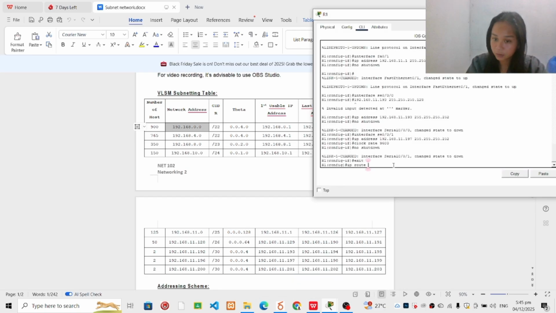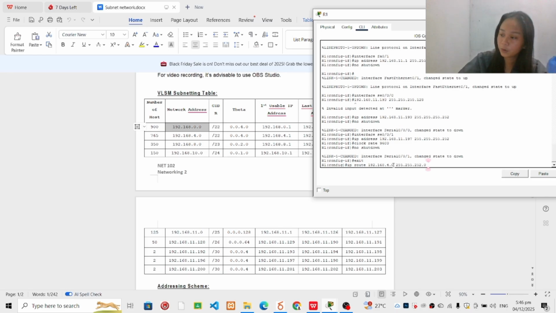IP route, and then network address ng 765 hosts, which is 192.168.4.0. The next is the subnet mask of /22. So ang ilalagay natin is 255.255.252.0,